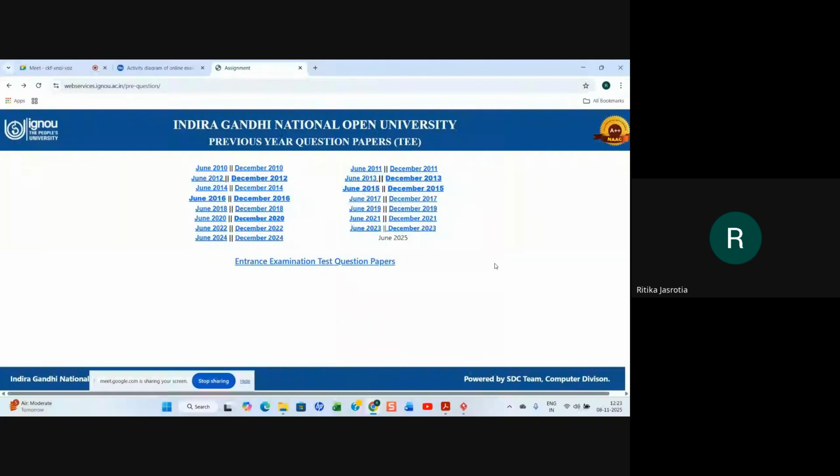Then the June 2023 paper is there. Then December 2022, then June 2022. So these 5 papers you can download, right, and see how questions have come and on what topics the questions have been coming multiple times. The diagrams probably will not be similar, because sometimes a class diagram can be asked, sometimes a sequence diagram, sometimes a component diagram.